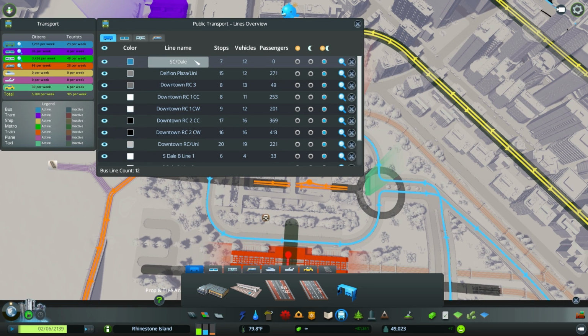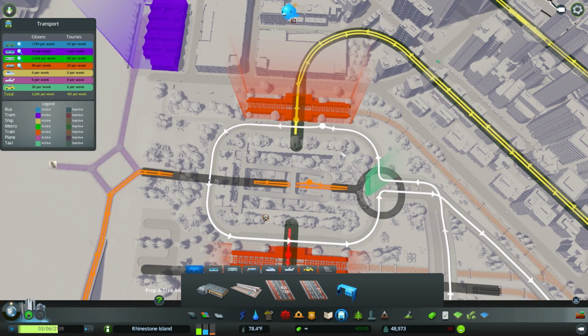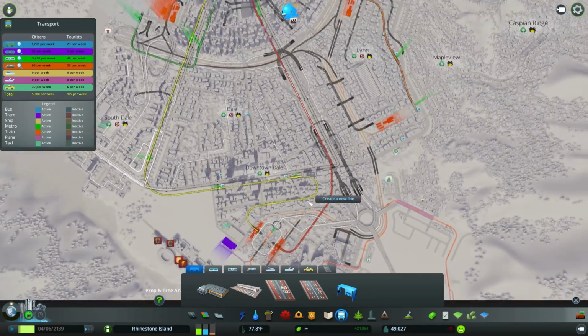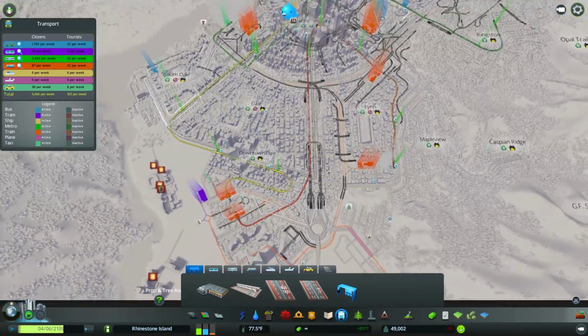So, and then of course we'll make this a shade of white, like so. And then we need one more. And where was this going to go again? I already forgot what I was thinking of. Oh yeah, no, I wasn't actually going to make one that goes down over here. So in that case,